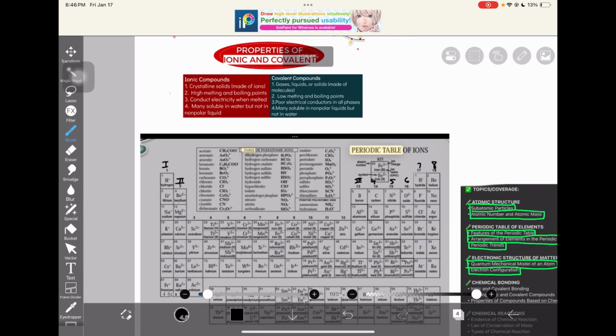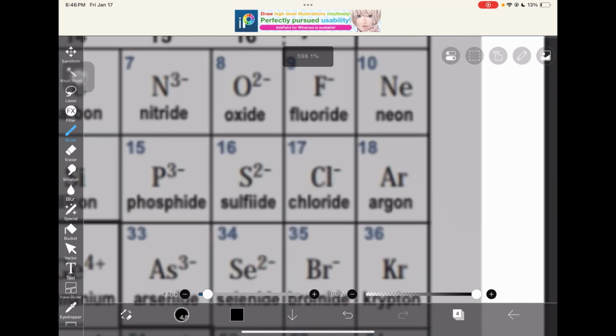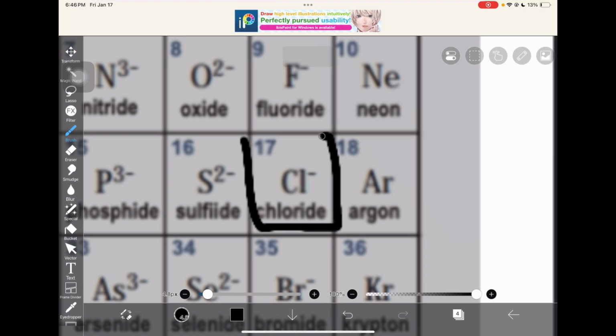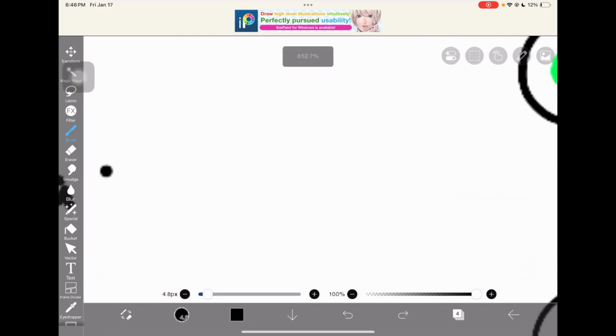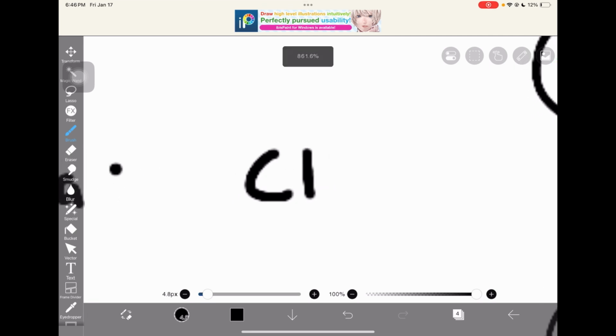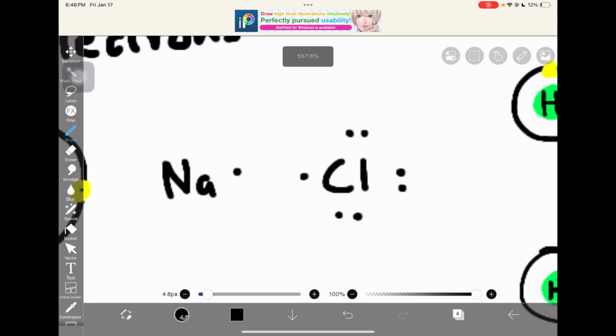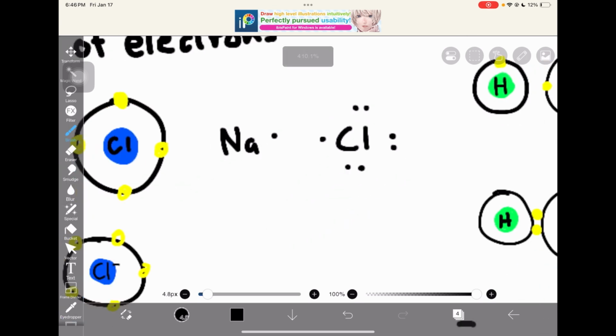Then we find chlorine. In this case, it's chloride, but it's still chlorine. Chlorine has 7 valence electrons. So we do Cl. Then we first draw 1 dot on each side to follow the rule. Then we do 5, 6, 7. There. Now we have a Lewis dot structure